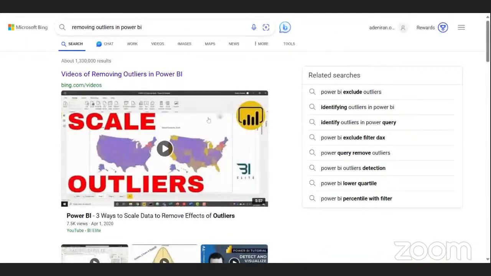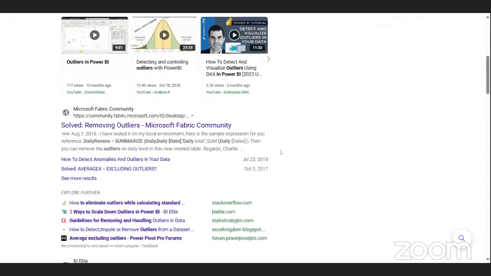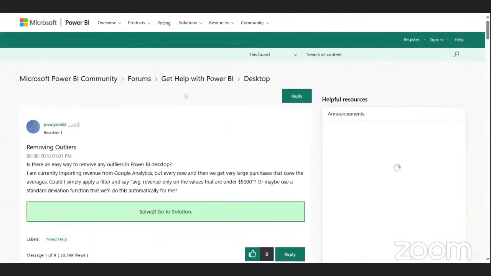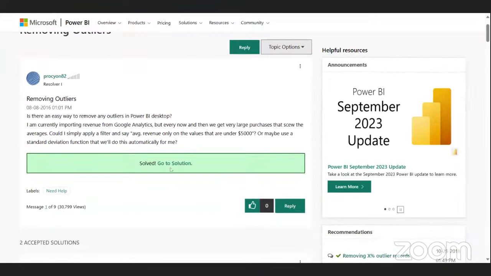I don't really like videos and stuff. But if we go, okay, another tab has been opened. Is there an easy way to remove outliers? So it has been solved. Let's go to the solution to see what they said. So in the solution,